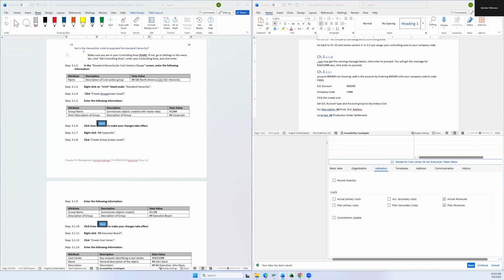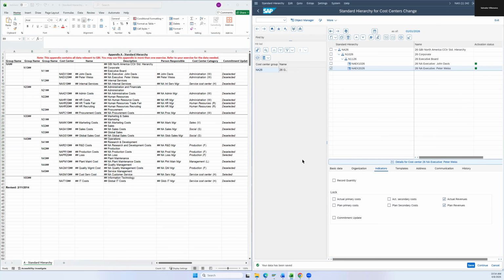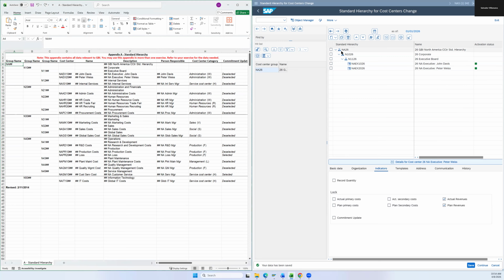Okay, so this is our guide. Okay, awesome. So now that we have completed these steps, we're gonna finish inputting this hierarchy here. So the way that we can see this hierarchy is, first off, here's our NA, and since we're NA26, we can see that right here. If we just collapse all these, that's NA. And then right below, we already started making